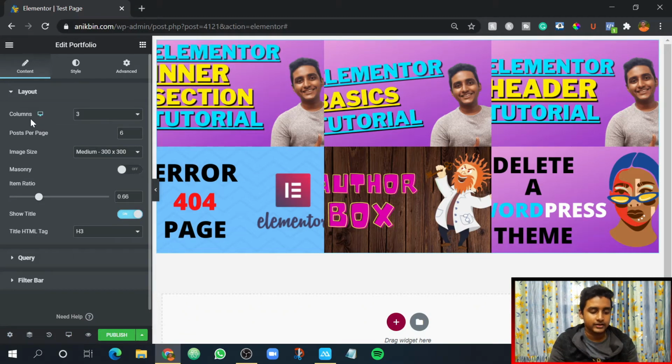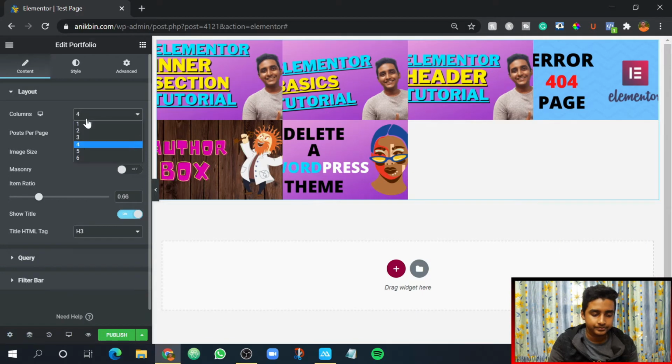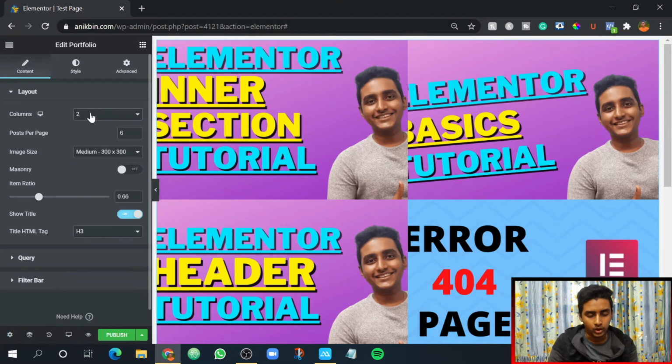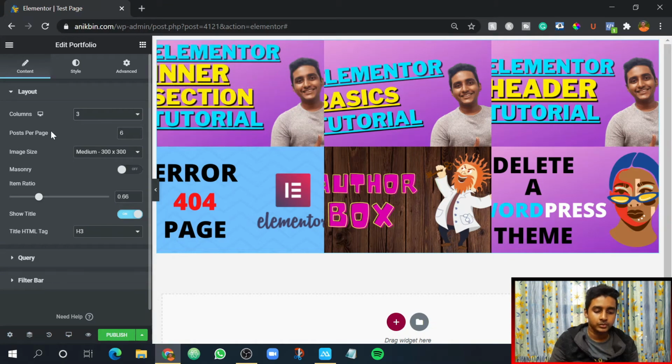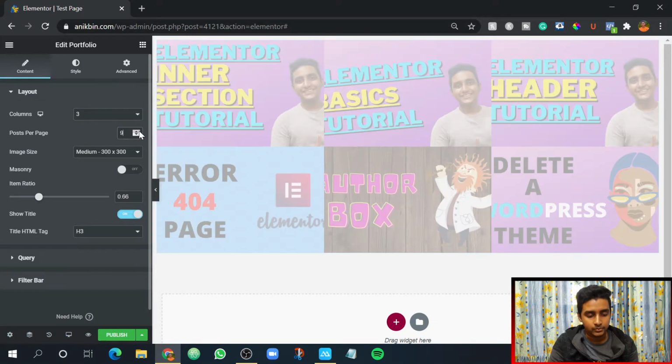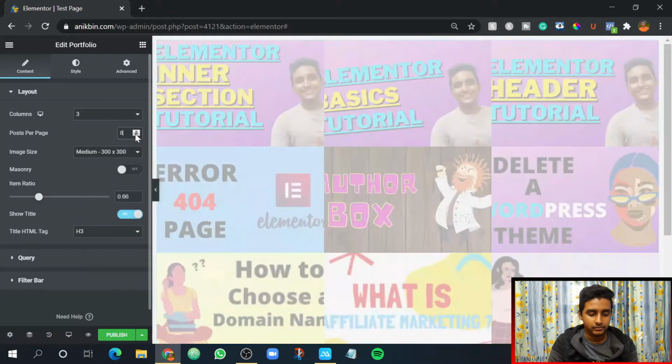So if you go to the left side, first we have columns, as you all know. So these are 3 columns. If you want, you can add more, up to 6. I can add 4 columns. Let's say I only want 2 columns. You can do it according to your own needs. We're gonna go with the default 3 columns. Posts per page is 6, but if you want more posts, let's say I want 9 posts. As you can see, 9 posts are visible here, but let me go to 6